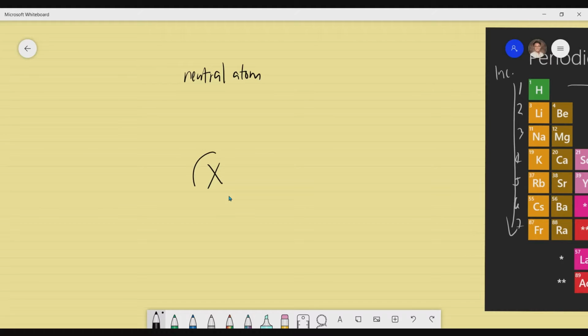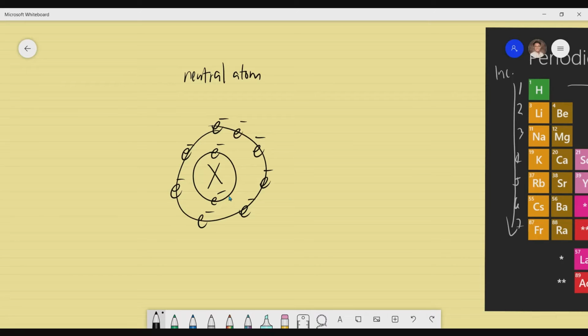So let me have its first energy level having 2 electrons, and its second energy level has 8. 1, 2, 3, 4, 5, 6, 7, and then 8. Okay, so this is a neutral atom, again, theoretically. Now say for example, your theoretical element X received 2 electrons. Okay? Now with that said, from being neutral, receiving 2 electrons further, so your neutral theoretical element X becomes